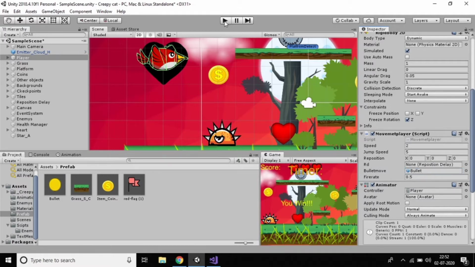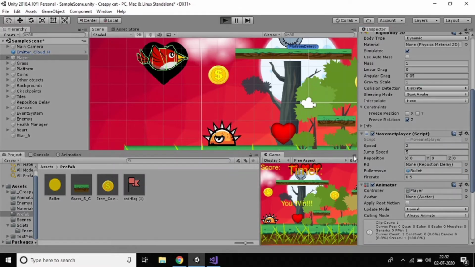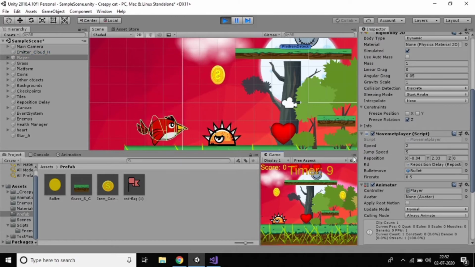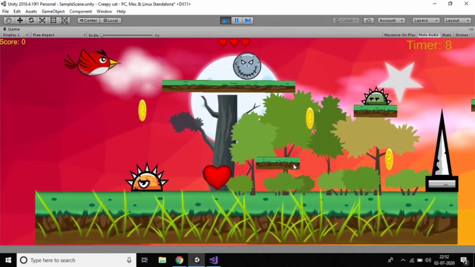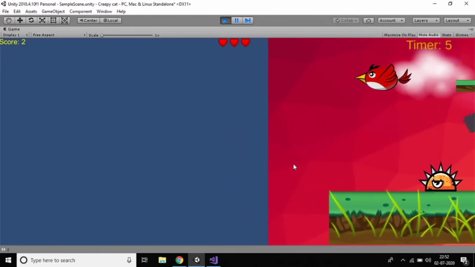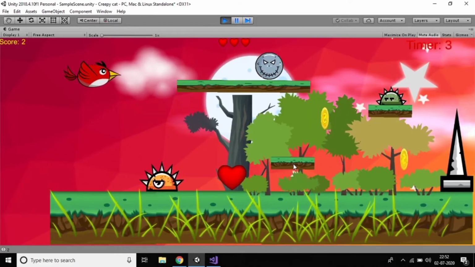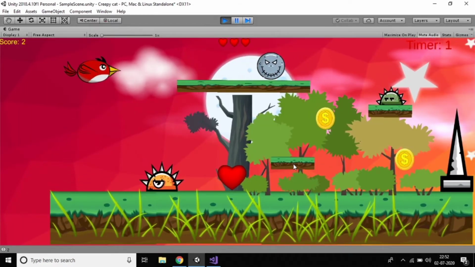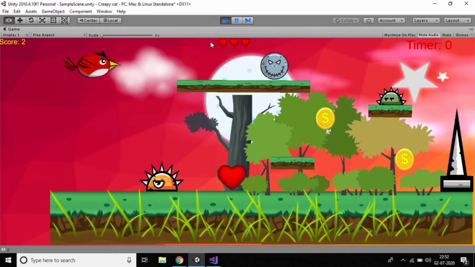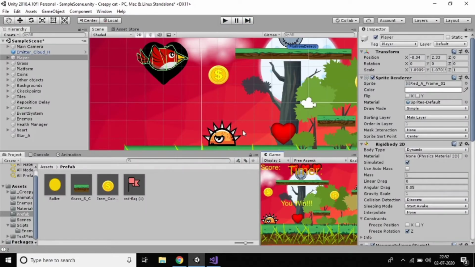Now just play here, maximize, and you can see. Are the bullets coming or not? If I press the control button, it's not coming, right? So yes, of course it's not coming.